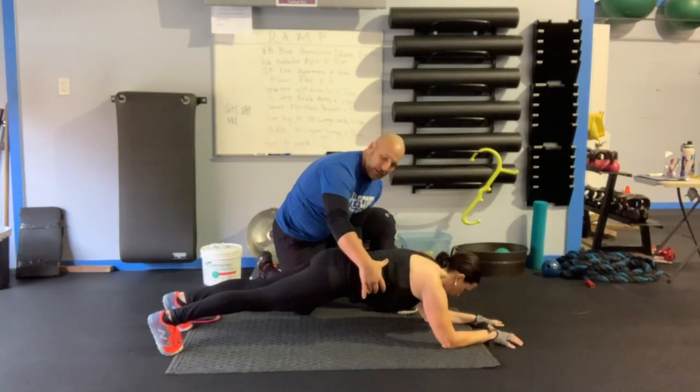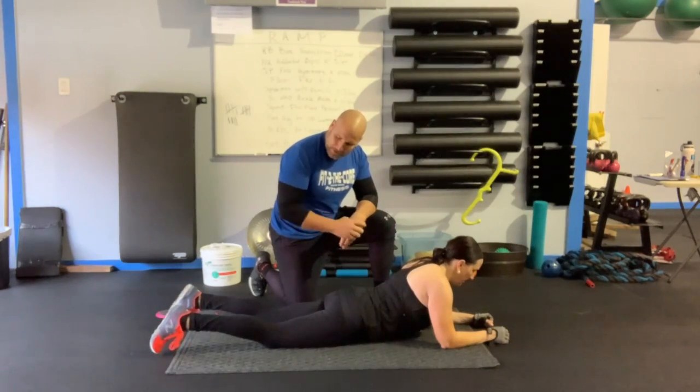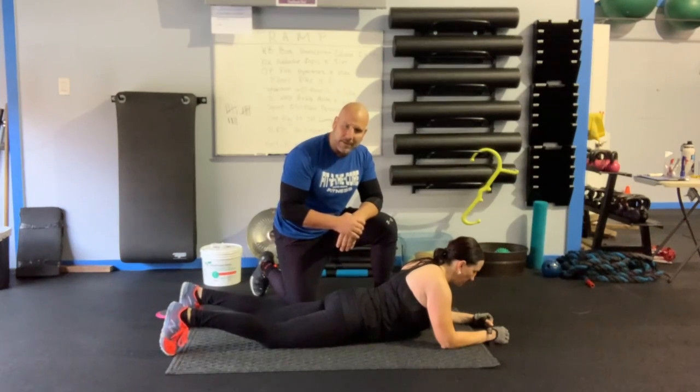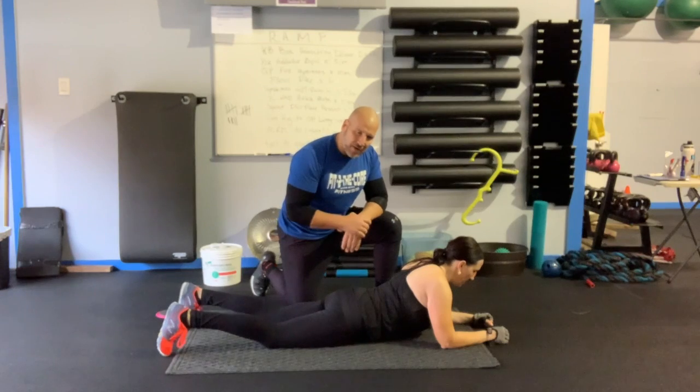Inhale, exhale, and relax. So that would be a hard style plank. So we can go from breathing to hard style, and then we can start to time this plank up to anywhere from 30 to 60 seconds. So once we see that she owns that position, then we're going to do a variation of this, which we